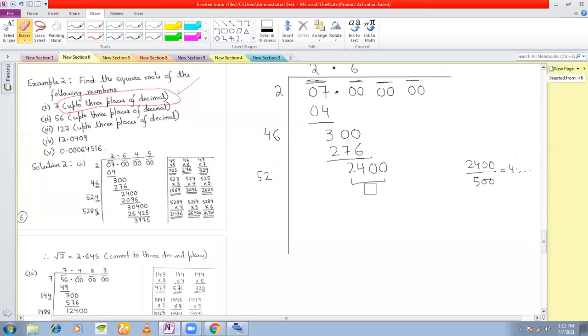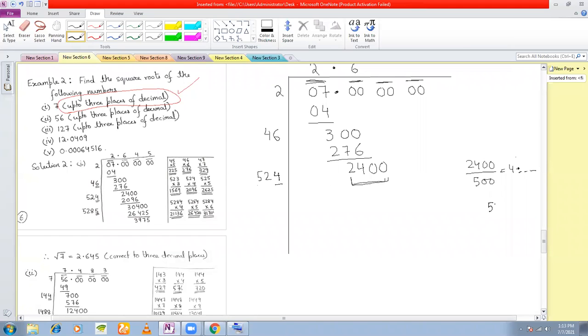Okay. So now 2400 you have here. And if you introduce 0 here, just mentally, this number is very close to 500. So you divide 24 by 5 to get an idea of what digit you actually need to introduce here. So 2400 by 500 is 4 point something, right? So let's introduce 4 here and check.